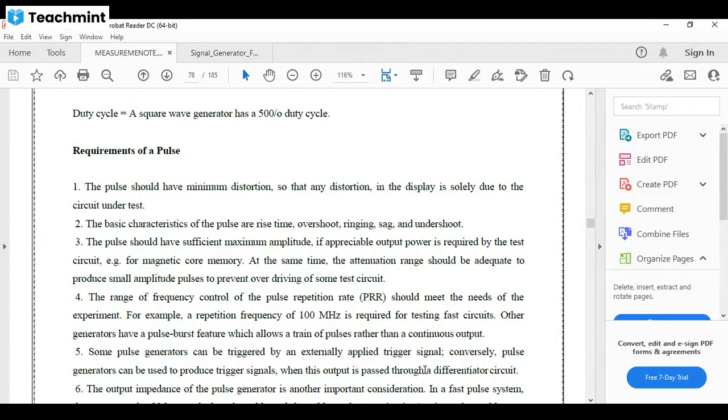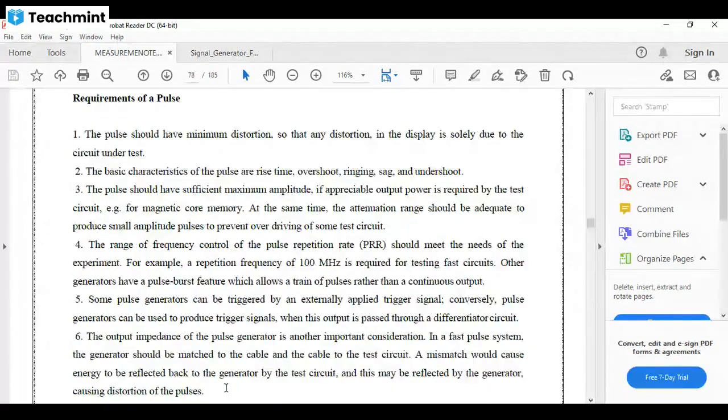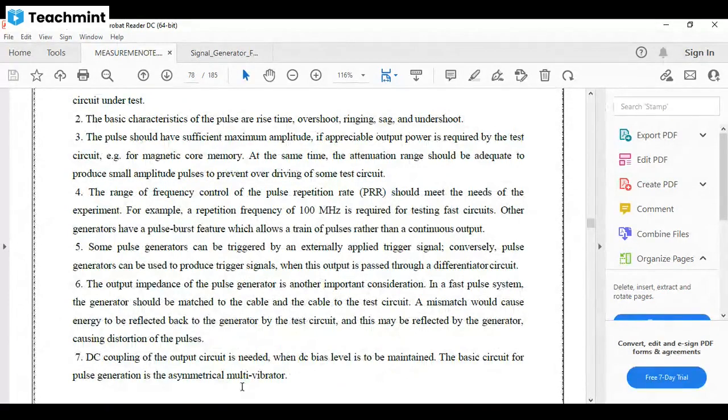The output impedance of the pulse generator is another important consideration. The pulse generator should be matched to the cable, and the cable to the test circuit. A mismatch would cause energy to be reflected back to the generator by the test circuit. DC coupling of the output circuit is needed,